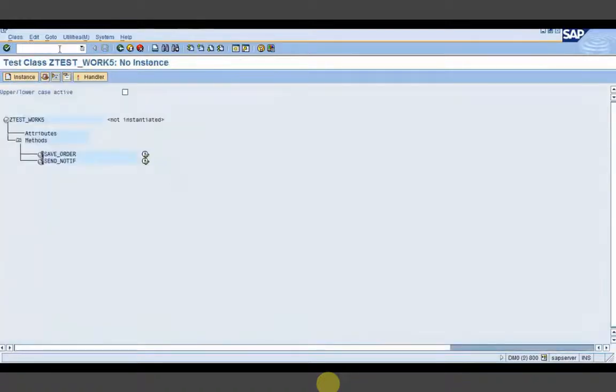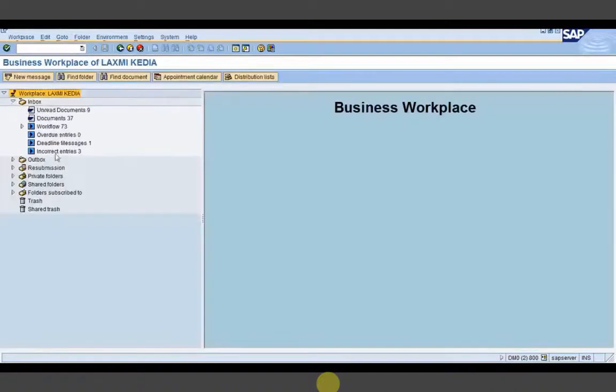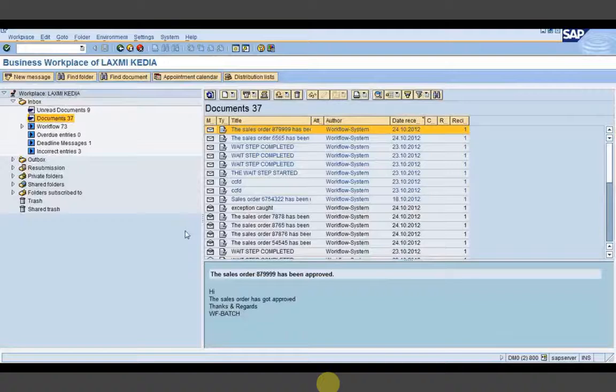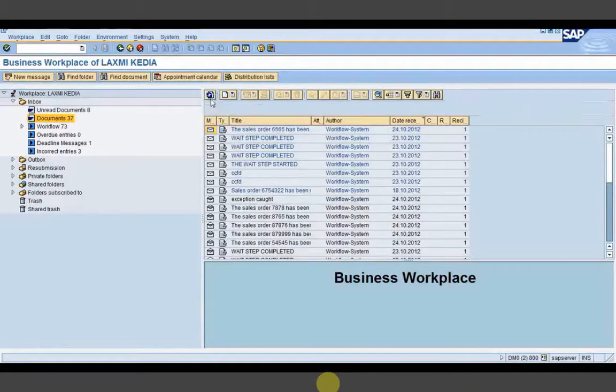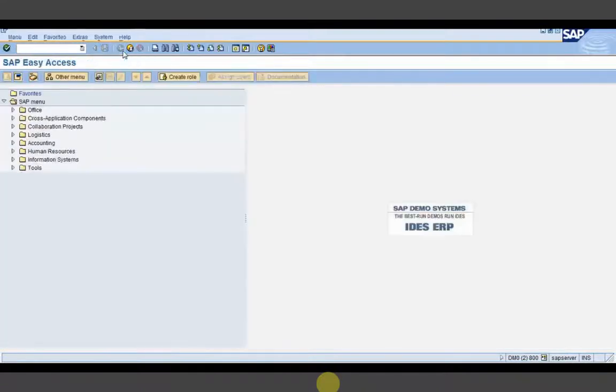But we won't be able to see this in SBWP because the background job runs even for the send mail step. We won't be able to see it now, but I will show you tomorrow because it runs at night. So the date you can see is 24. Today's date is 25. So once it is executed in background, one line item would be added over here. But I will show you how to integrate it with workflow because I have made the method but I haven't integrated it with workflow. So let's see how we can integrate it with workflow.